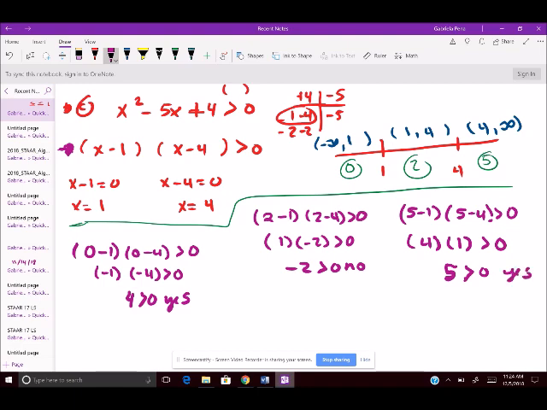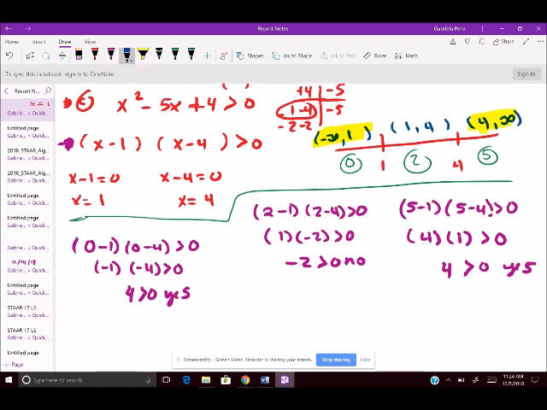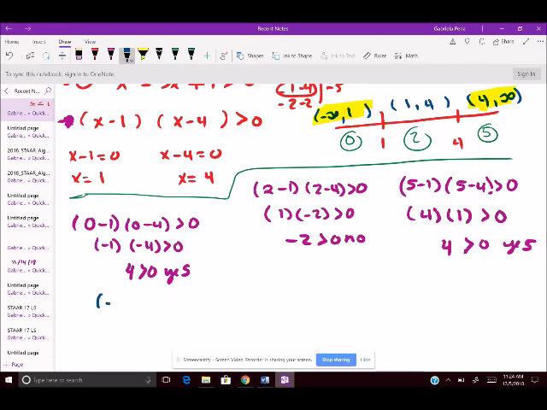Sorry, yes, this is a 4. Whoa. So how many sections worked out here? 2 sections. This first section and this last section. So when you write your answer, please remember you would have to put negative infinity to 1, union 4 to infinity. And when you graph it,